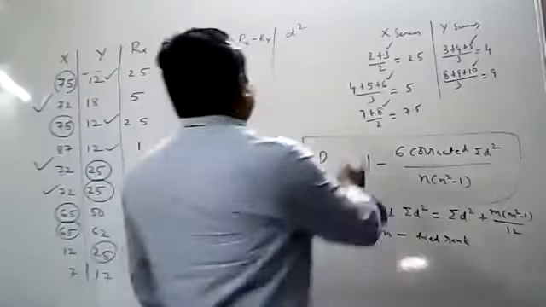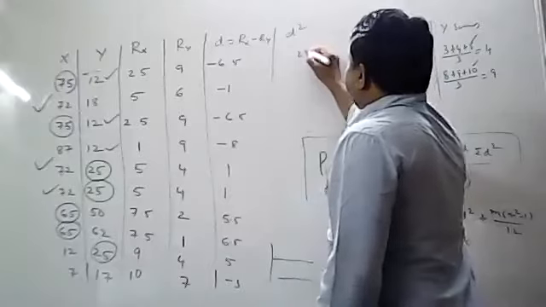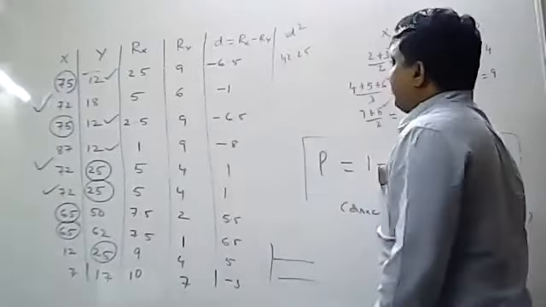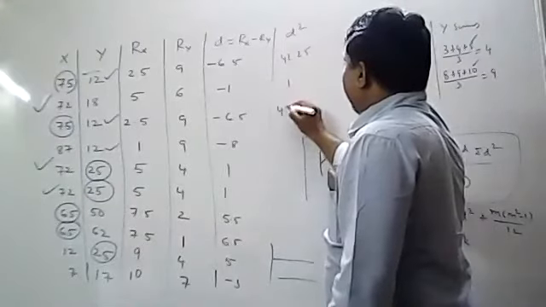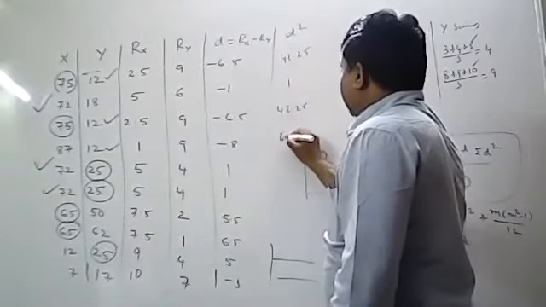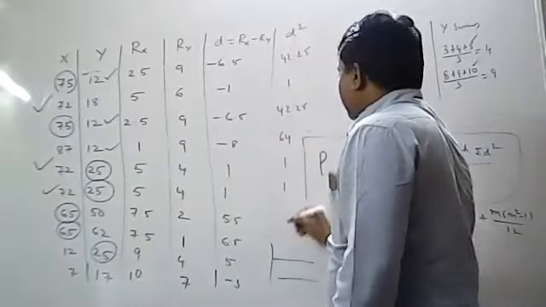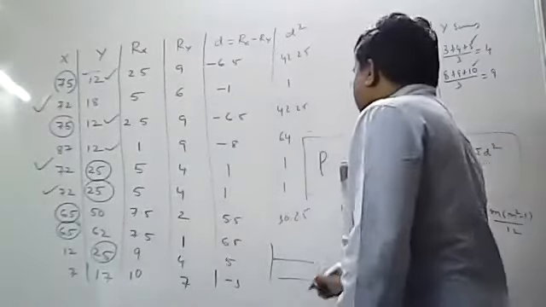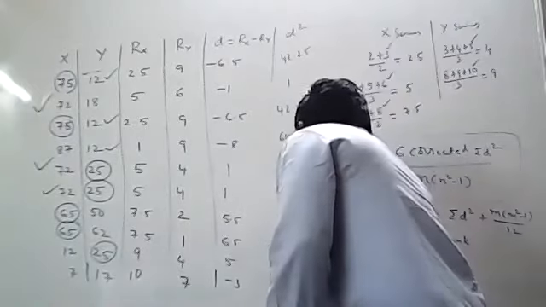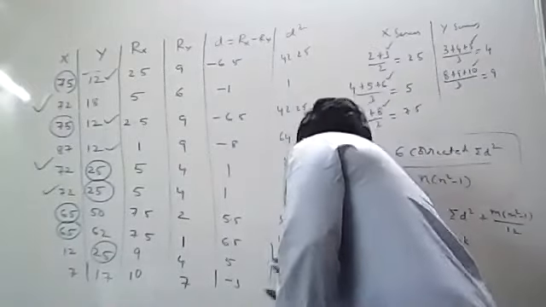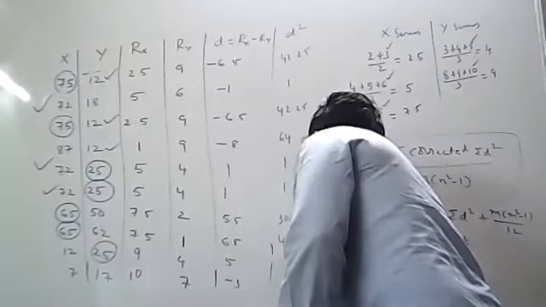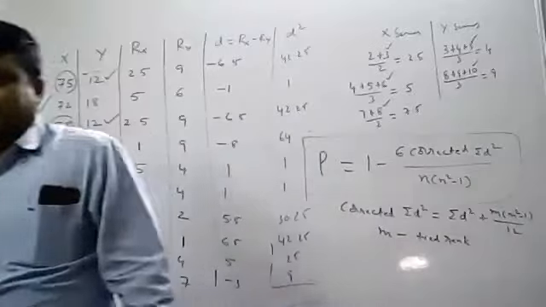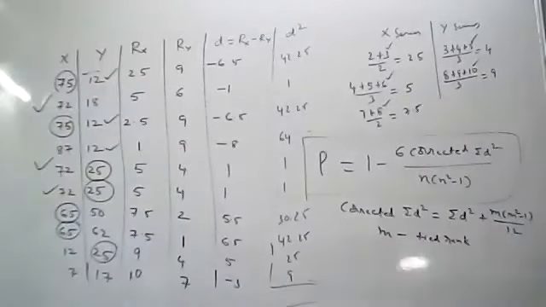So after that, D square. D square means squares. So this is 25, 42.25. This is 1. This is again 42.25. This is 64. 1, 1. This is 25, 30.25. This is again 42.25. This is 25. And last value is 9. Take this total. This total is required. Can anyone add the values and tell me the total?